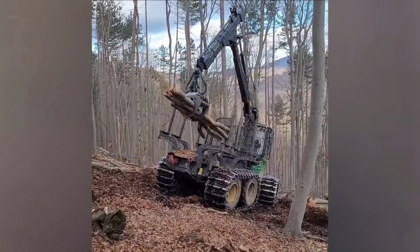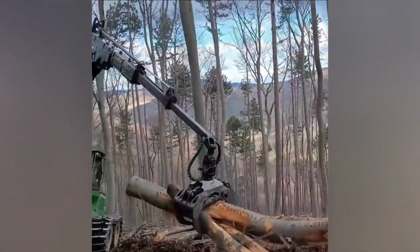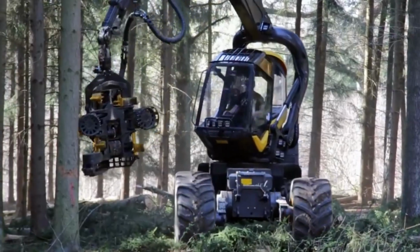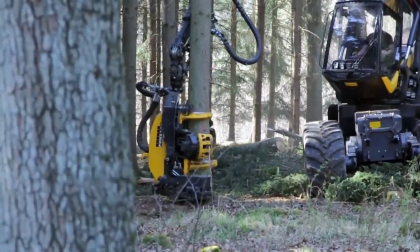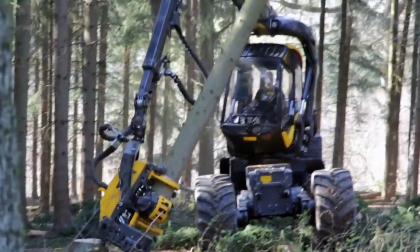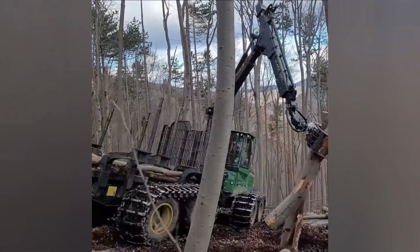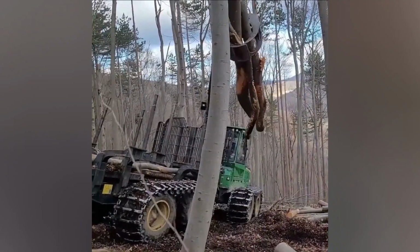When lifting wood, the crane uses an engine and hydraulic pump system to create lifting force on the crane component. The crane is designed to rotate to position the crane head in the desired location for lifting. Then it lifts the wood plank to the desired height and holds it steady. Once the wood plank has been lifted and held steady by the crane, the vehicle moves to the desired location